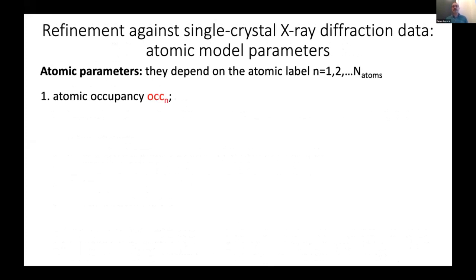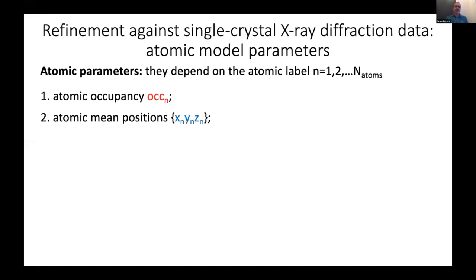What are the parameters in our models? Very simply, it's a structural model, it's structural biology, so it will be atoms, and we have a certain number of them, and we start modeling an occupancy, which essentially models the fact that sometimes some place in space is occupied by a certain atom in some cells of the crystal, but not in all of them. Typically, when you have alternate conformations of amino acid side chains, or ions bound, or ligands,